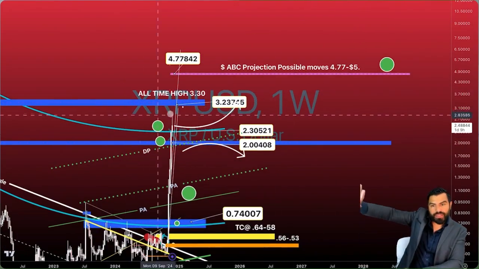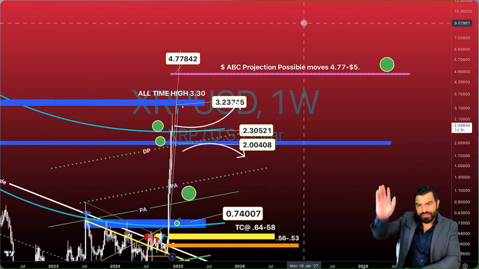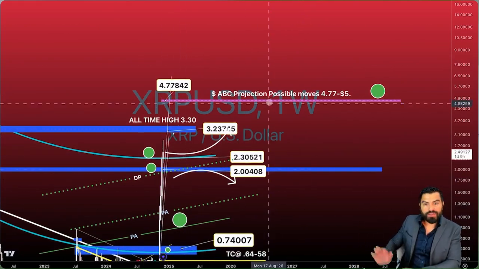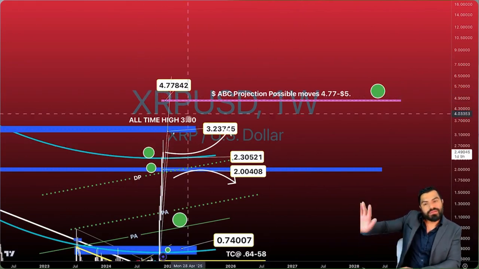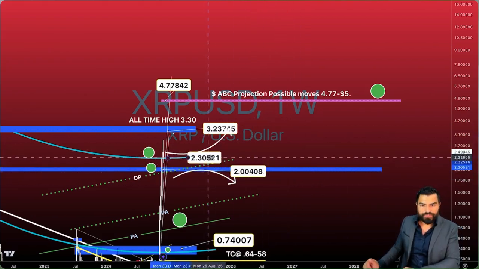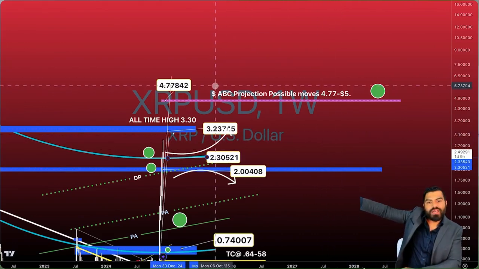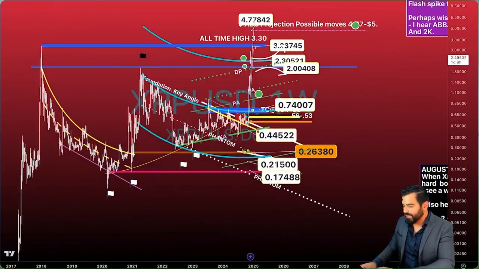In my dream, I showed you we come down on a nice curve, and after we go down that curve, that's when XRP is going to take off. If we come down the curve now, we're going to be hitting closer to $5. If we hit $5 and come down on the nice curve to closer to $3, which is somewhere around here, about $3 right there,